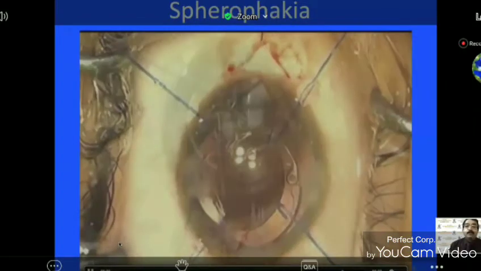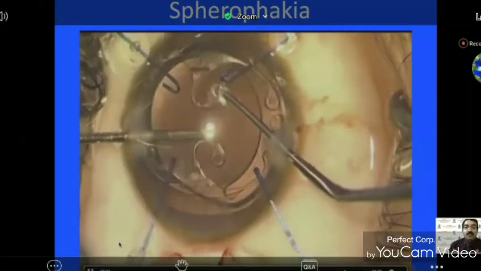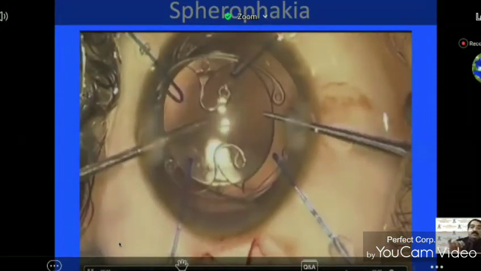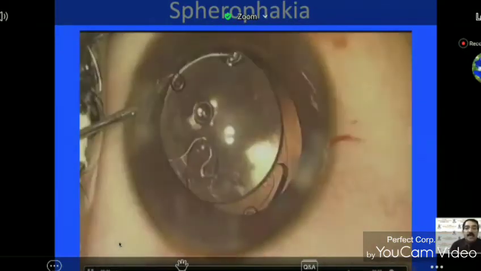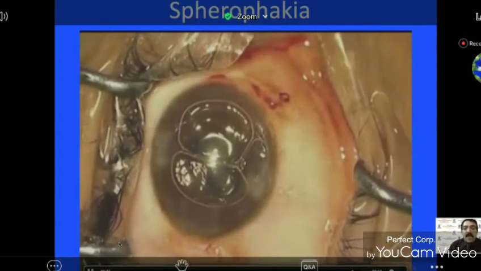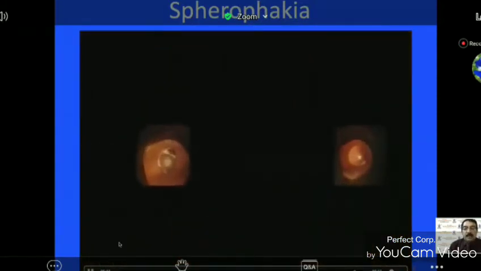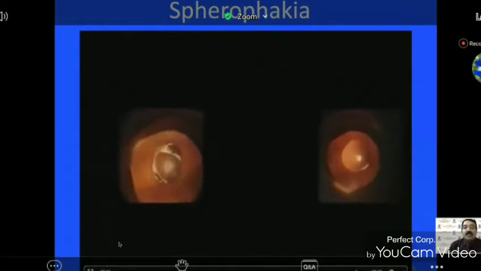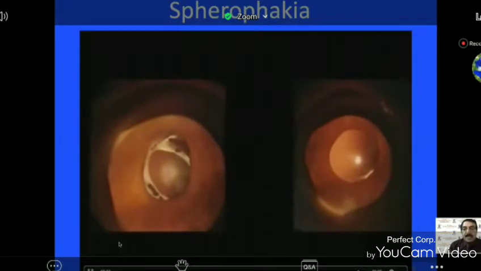We could have used the capsular hooks as well, but the iris hooks is what we used, because of the smallness of the bag that we take into account, and then we anchor it with two hammered segments, and well anchored, the eyes of this patient are well centered with the IOL in the bag,